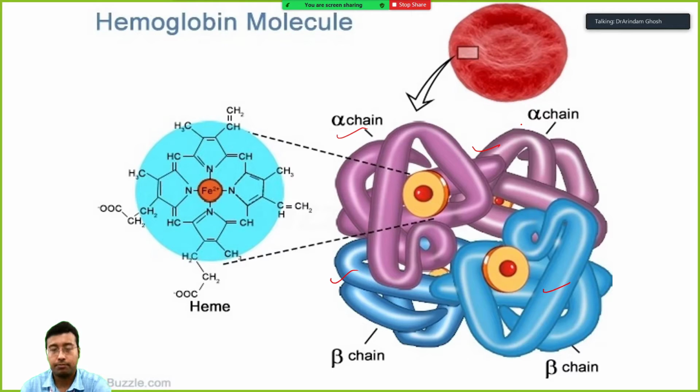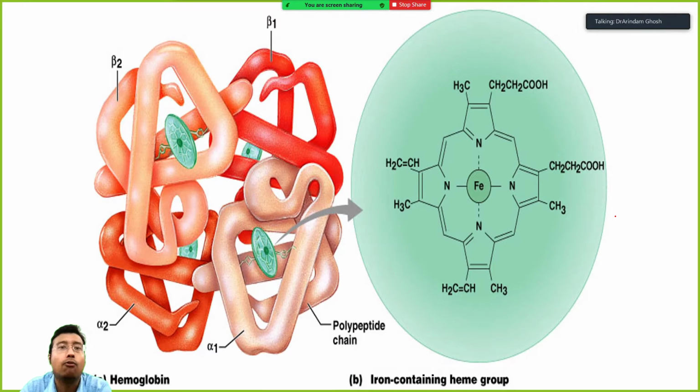So this is a dimer if we divide it from here. So this is one alpha beta, this is one alpha beta. Now this is a dimer. So why do we consider dimer? There are multiple reasons.